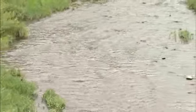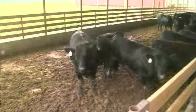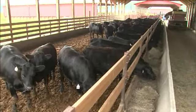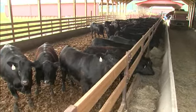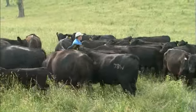Flying W Farms is located on the Chesapeake Bay watershed, which means they have to deal with some unique environmental issues. We are a confinement feeding operation. We have constructed a feedlot to minimize the runoff waters that leave our feedlot area in order to be good stewards and be a good player with the Chesapeake Bay. Because of issues just like this,